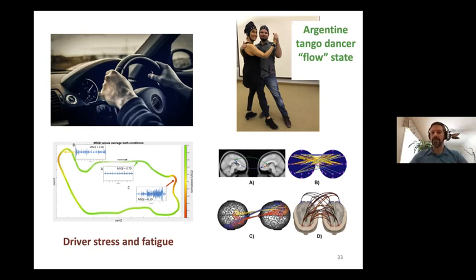And another area that we're starting to look into is not only the user and how affective computing can be used to track a user, but to track multiple users. So especially in interactive scenarios where two individuals are interacting with each other, how can we use affective computing to quantify that interaction? So we started doing this with tango dancers.